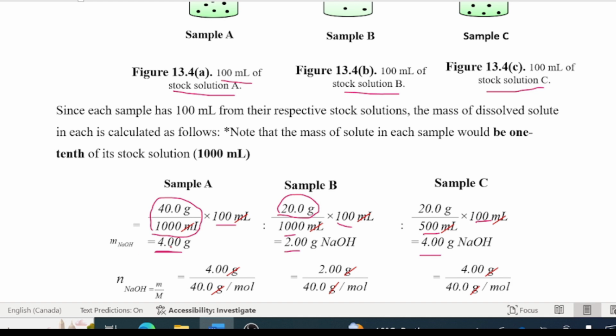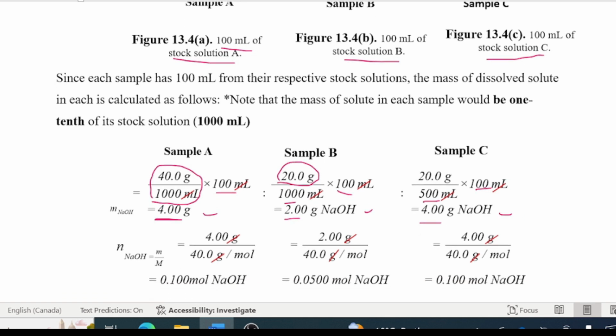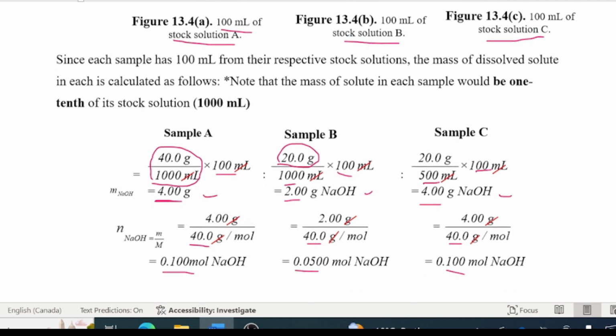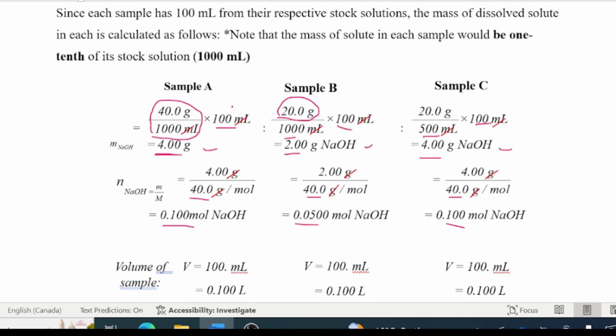We want to find the concentration. We know the masses. You have to change these now to moles, okay? So in every case, you divide by the molar mass of sodium hydroxide, which is 40 grams per mole, and you end up with that number of moles of sodium hydroxide in that one there, and that one there. Then you divide by the respective volumes. You take in that volume there, that volume there, and that volume, and that will translate into